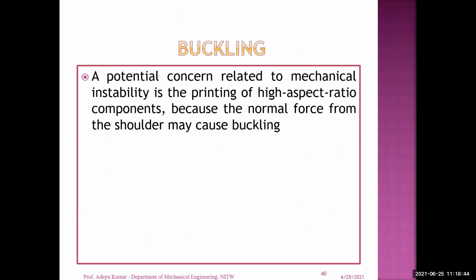So without that, you cannot get proper joints. That's why after building to a certain height, there is a problem with buckling. So it is restricted to a certain height only. It depends upon the material; the height is decided by the properties of the material which is going to be built through